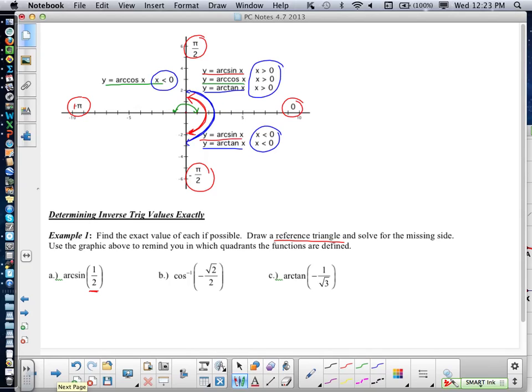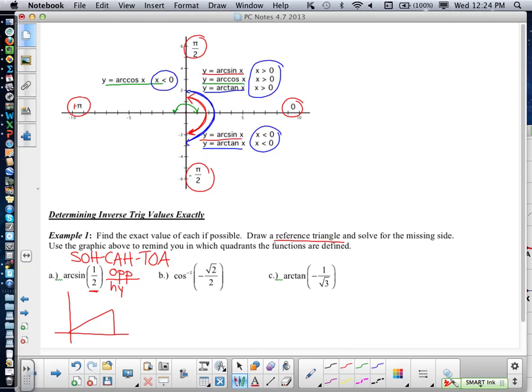Since it's positive and arcsine is positive in this quadrant, we're going to go to the first quadrant. Plot your reference triangle. Remembering, now we're going back to reference triangles and SOHCAHTOA. So we're going to recall SOHCAHTOA here, and we're going to remember that for sine, it's the opposite side over the